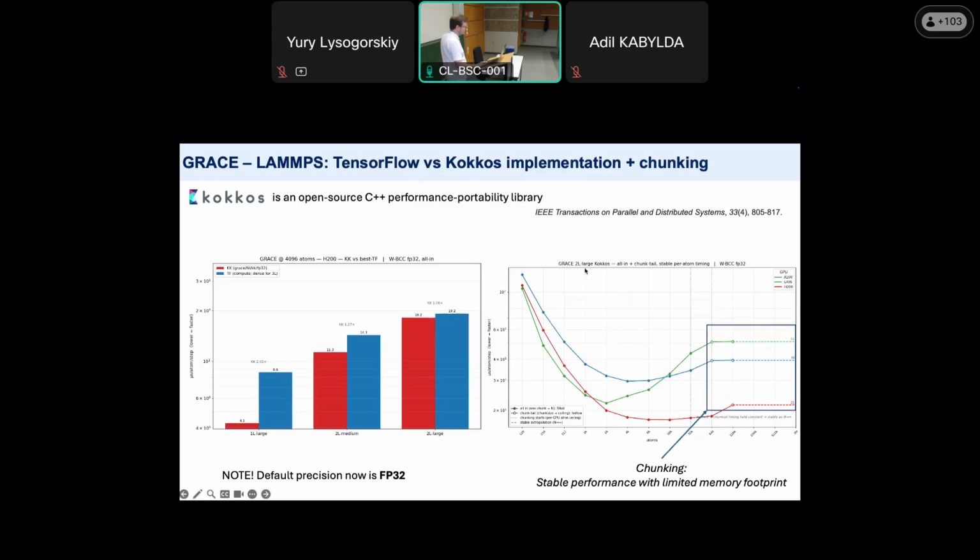as evaluated in this Grace two-layer model Kokkos implementation. We may increase starting from 128 atoms, going up to like 32K, 64K, and after that we may switch to the so-called chunking. It means on one single GPU, in principle, you can go for several million atoms. Of course, it will be proportionally expensive, linearly proportional. So as I mentioned before, this memory cap, out of memory error cap, can be released, and you can use one GPU to simulate a large system at the cost of time, of course.